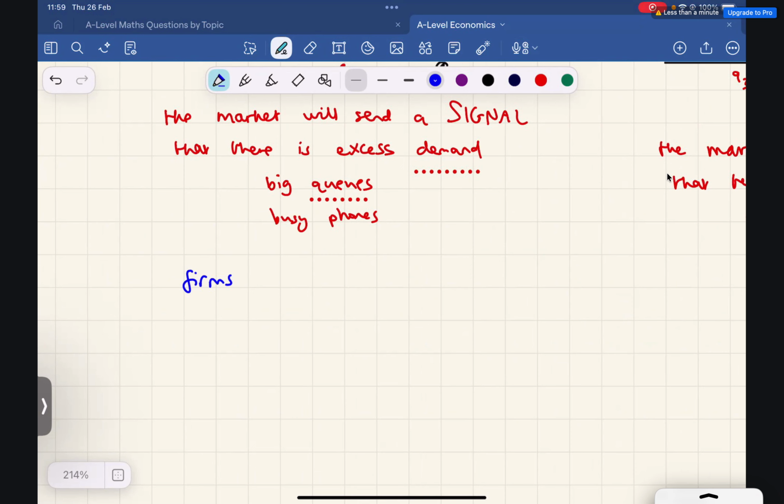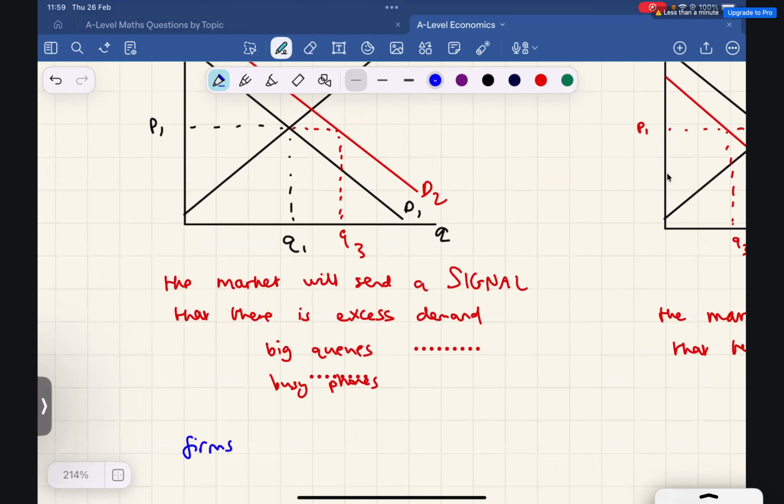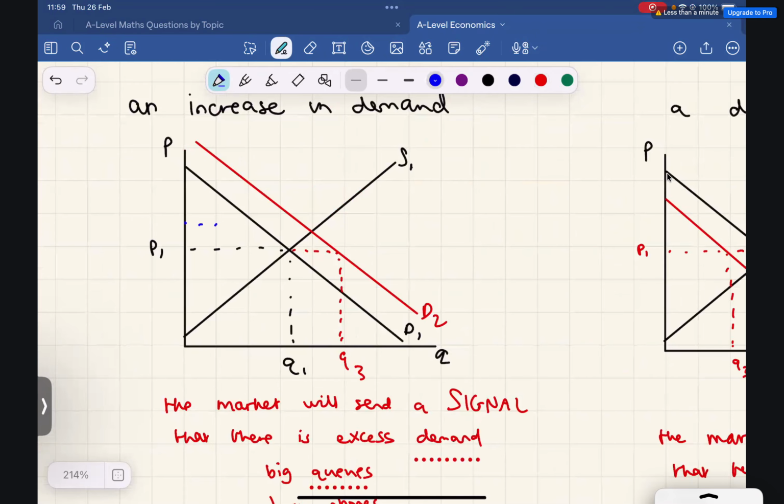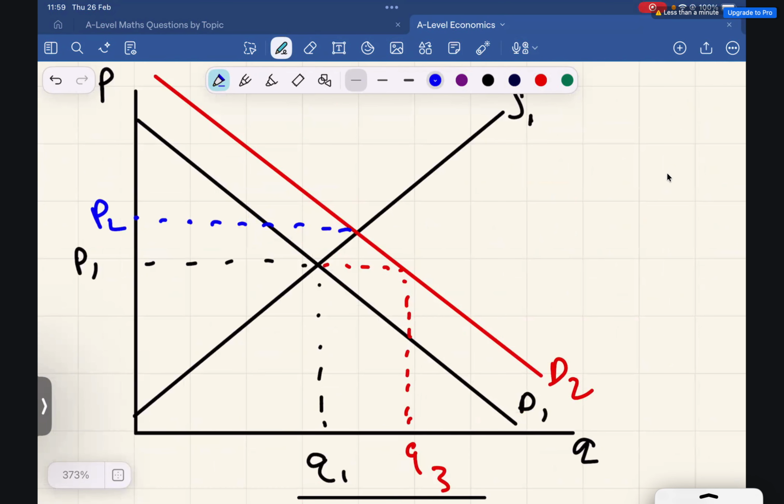Producers over time will realize, if it's like a one-off thing in real life, it can be different because not everyone thinks perfectly like in economics, but on average this will happen. If you know that you're busy every single day, you know that it's a valuable thing, so you'll raise your prices. Okay. You won't know exactly where P2 is, but we're going to try and get back to equilibrium. So we'll raise our price a little bit. What's going to happen is we're going to raise our price to here, and then look, there's still excess demand. Do you see that? Yeah. And then we're going to raise our price to here,